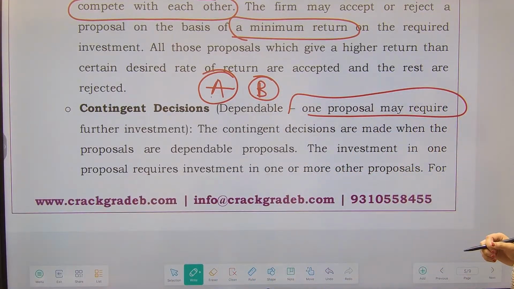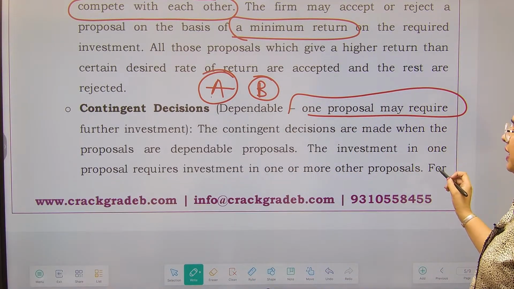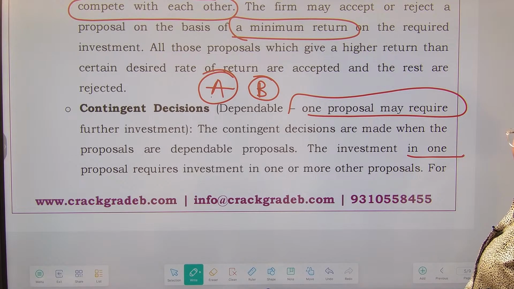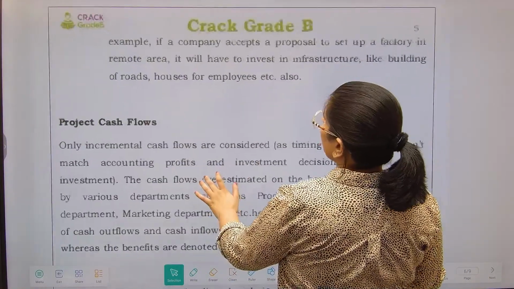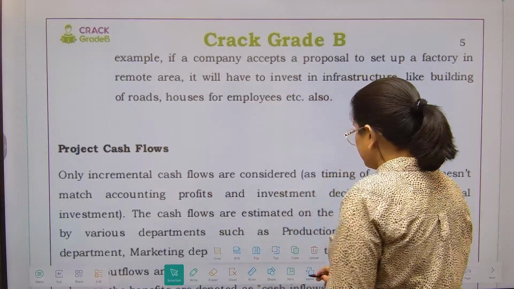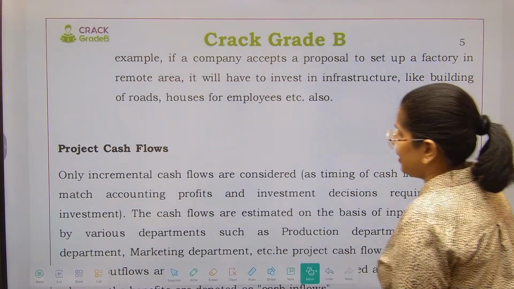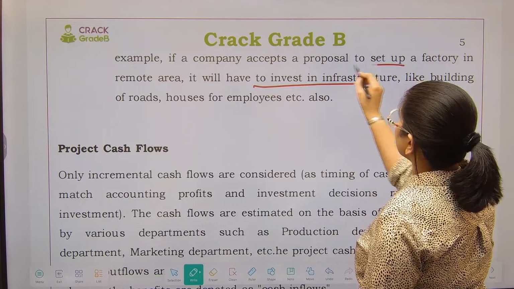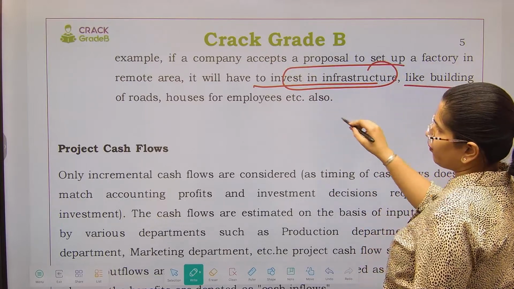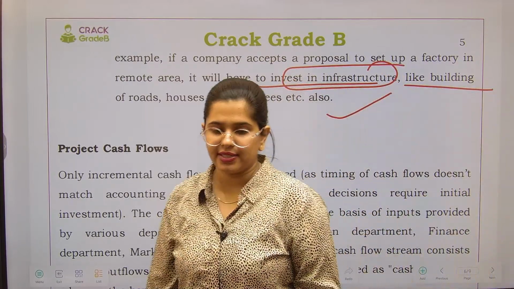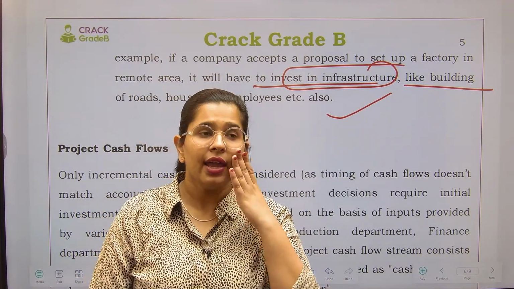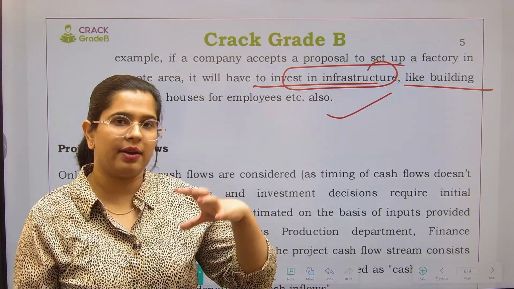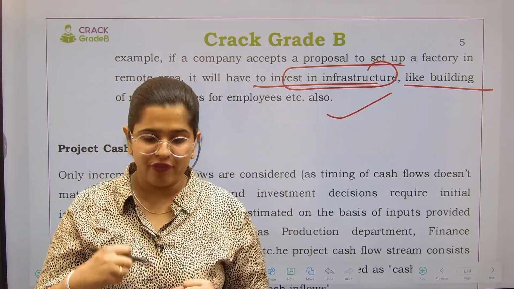So contingent decisions are made when the proposals are dependable proposals. The investment in one proposal requires investment in one or more other proposals as well. For example, if a company accepts a proposal to set up a factory in a remote area, it will have to invest in infrastructure as well, like building roads, houses for employees, etc. Because otherwise employees will not have the means to stay. You have chosen to establish a factory in a remote area, so obviously you have to provide for the other